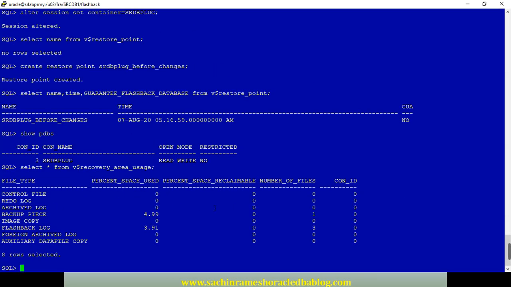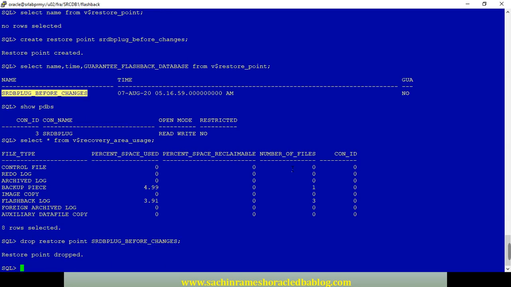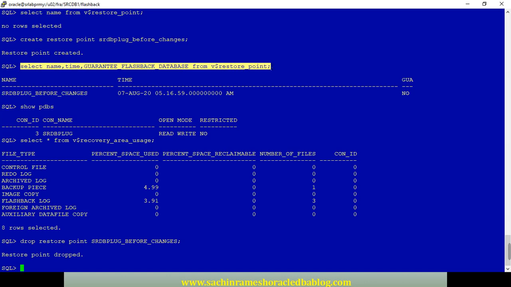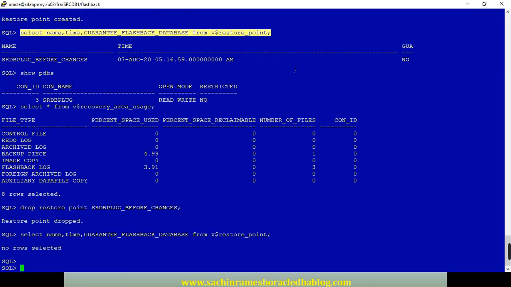It is not utilizing anything, and yes, we can drop that restore point. Again, we can check. There is no more restore point. The same method, create restore point.